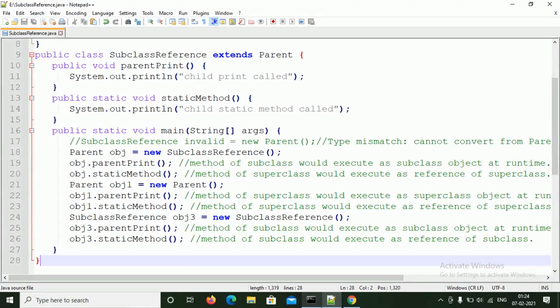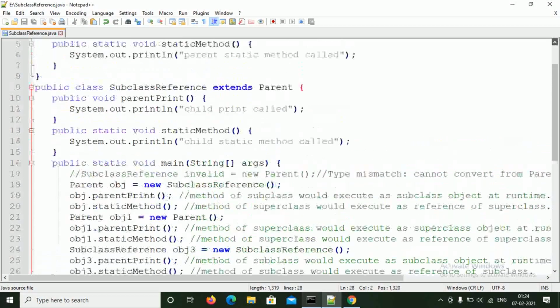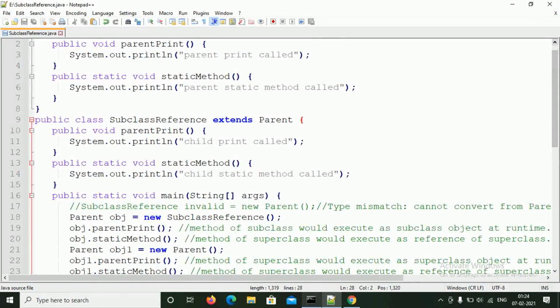So it goes toward the subclass, and since it finds that there is also a print there, it takes the value of "child print call" and replaces the parent print call. In this way the subclass reference can be implemented. Thank you.